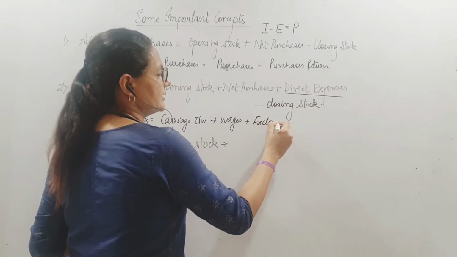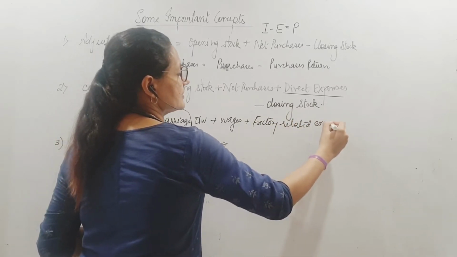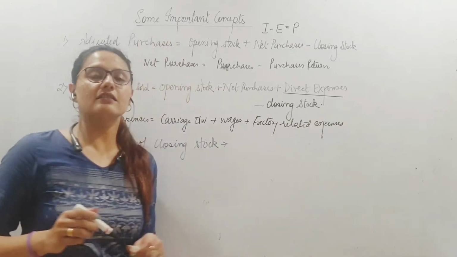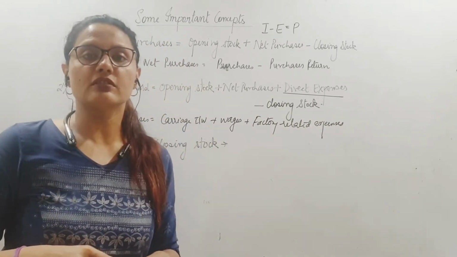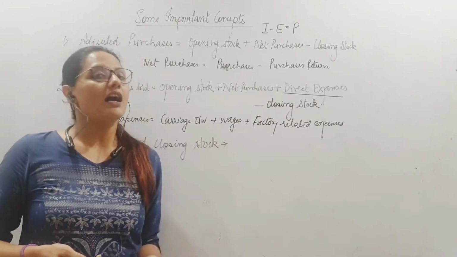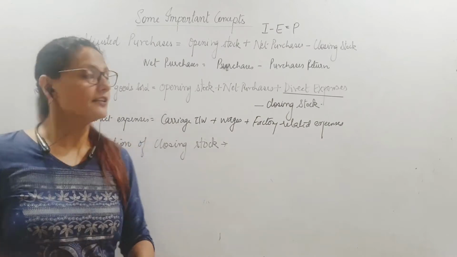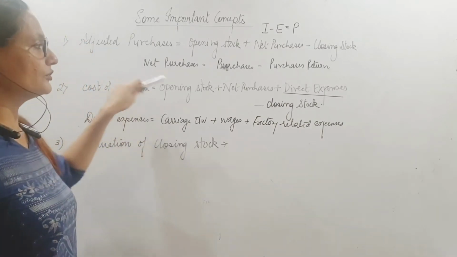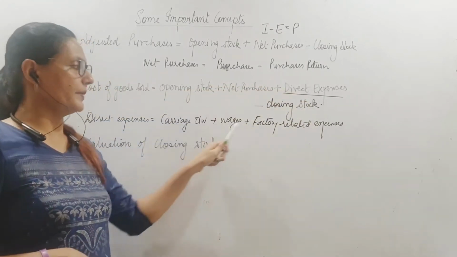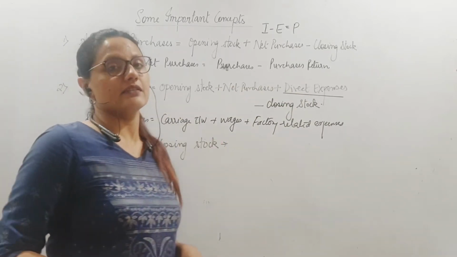All factory related expenses, because factory is the place where we manufacture goods. So that is basic. Without spending on all this, I will not be able to get the goods ready for sale, right? Therefore, cost of goods sold should include all direct expenses like carriage inward, wages, factory related expenses, any